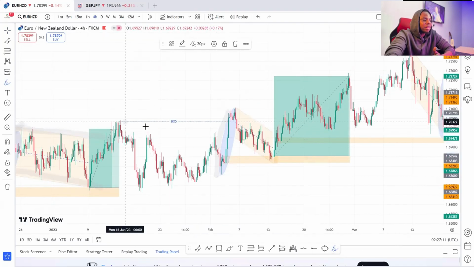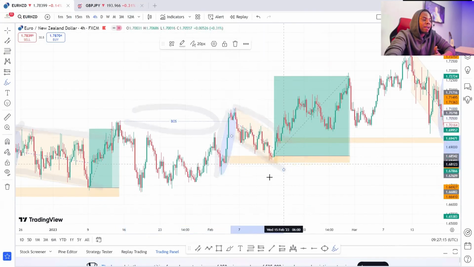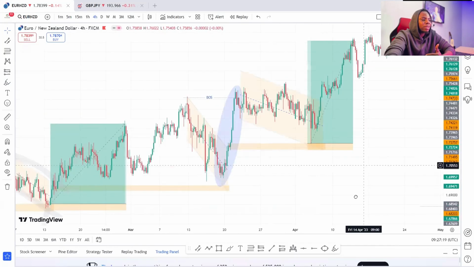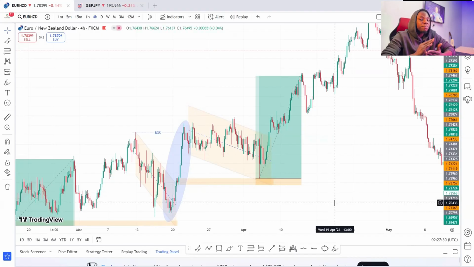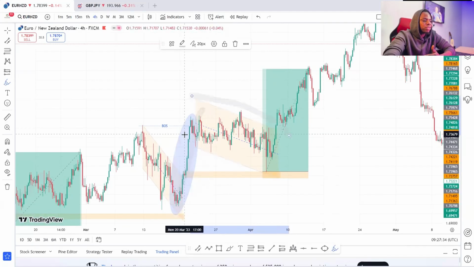Yes. So now let's look at it again. We have a very good impulse move. After we have this push to the upside, the market gave a clean correction and pushed to the upside. That thing continues to repeat itself all over. See, the market is all about history, and history will continue to repeat itself over and over again.